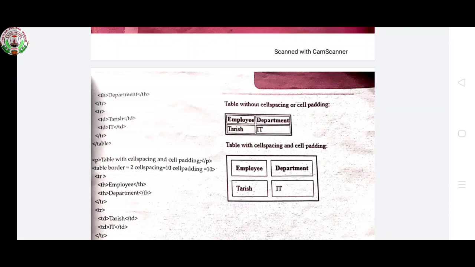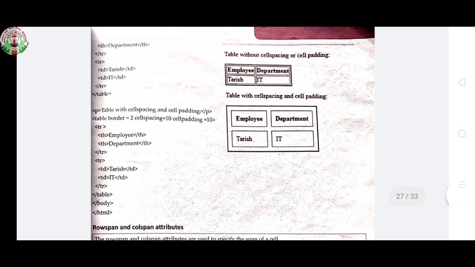Close tag, first is tr, th is heading, employee, and again th is heading, department, close tr. First row is completed. Then start tr, td, Tarish, and close td, and then next is IT, close tr, slash table, slash body tag, slash html, close 3 tags.